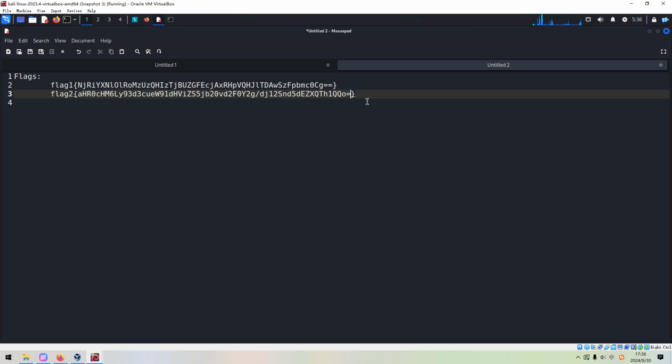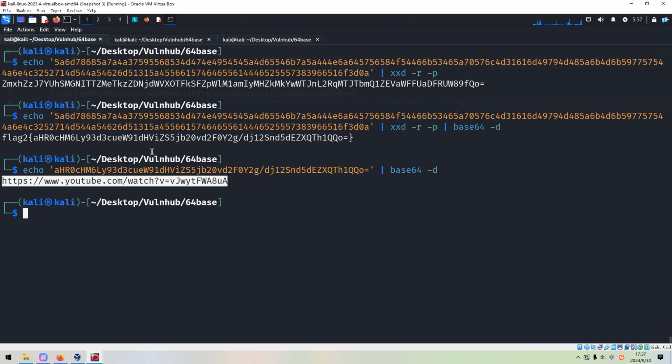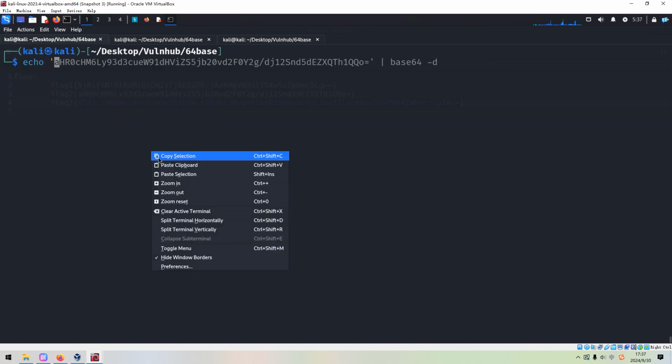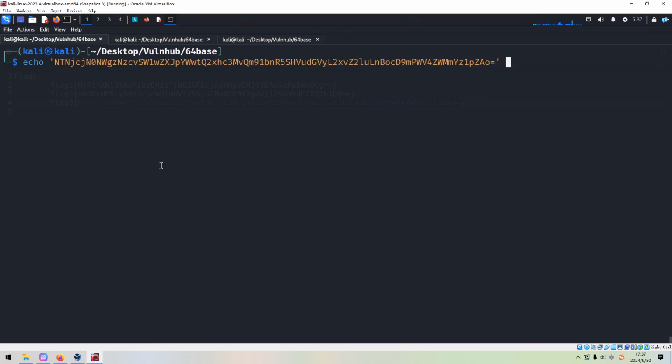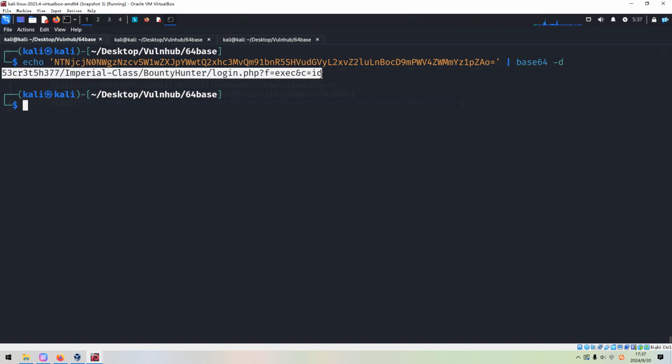Okay, and we can put over here the third flag, and also as before, we need to decode the inside message. We can echo, base64, and we got another link we can copy.